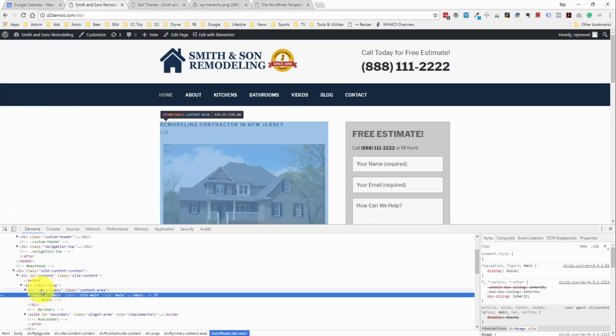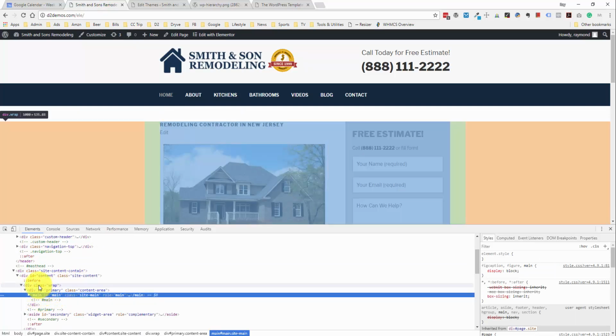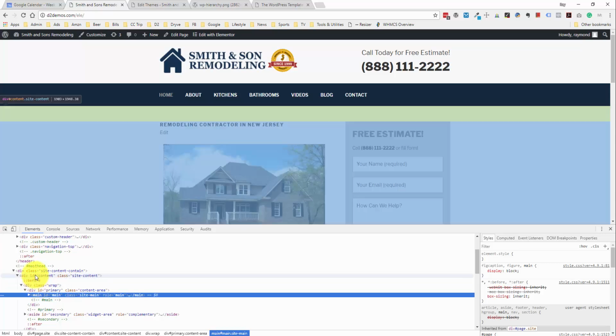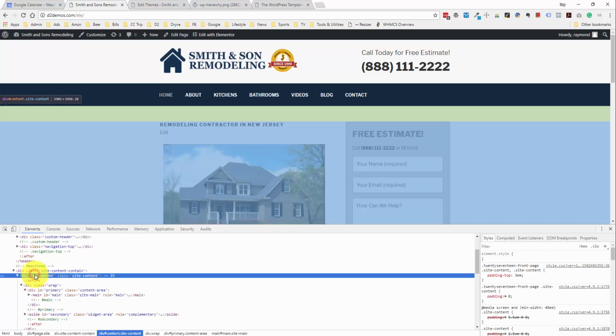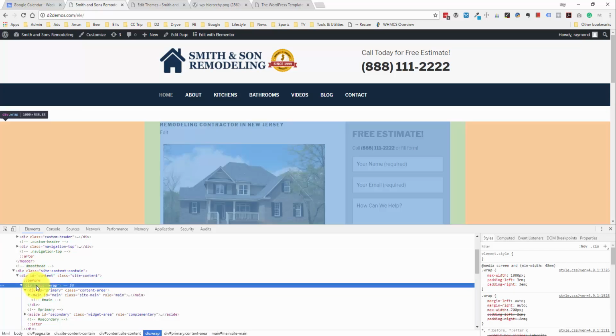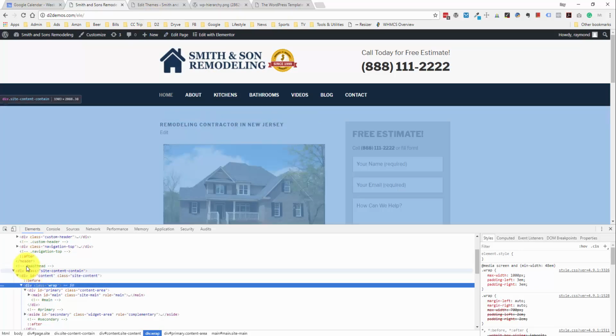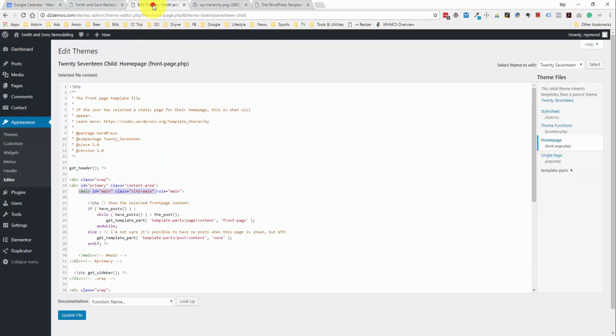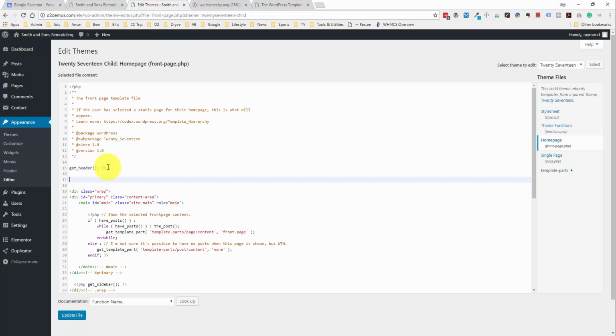So I can tell that these are the couple of pieces of code that I want to work with. Because I want to add this full banner area right under the navigation menu and right above the content, it's looking like I want to add it right after, or I'm sorry, before this div class equals wrap. All this code up here is generated by this get header call. So I pretty much just want to add this code right in between the get header call and the div